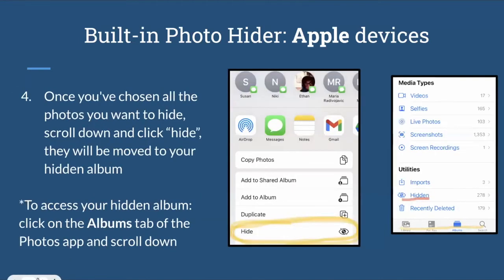And then once you have selected all of the photos that you want to hide, you want to scroll down on your screen and click the Hide button, and it will then be moved to your hidden album. And of course, you want to know how to actually access the hidden album for when you want to look